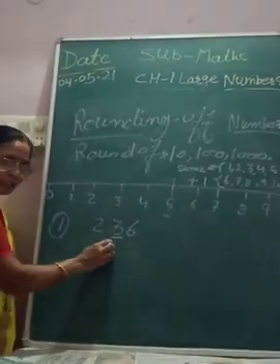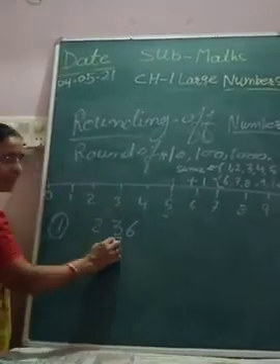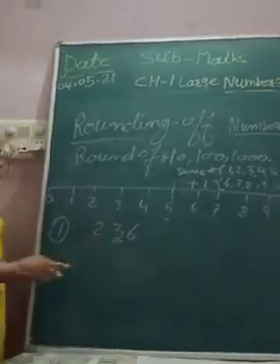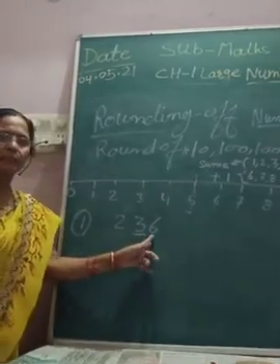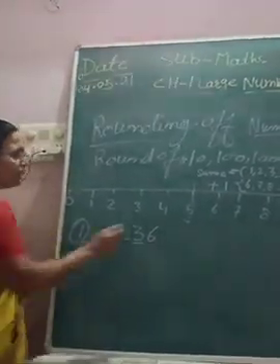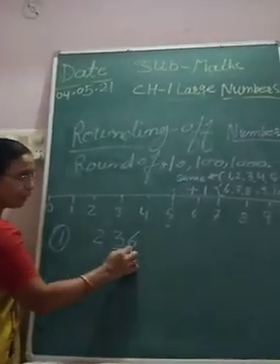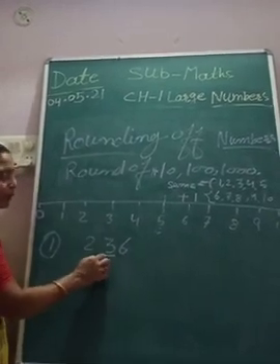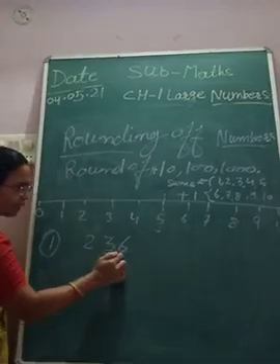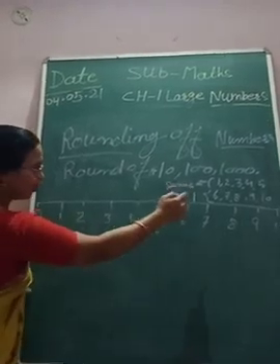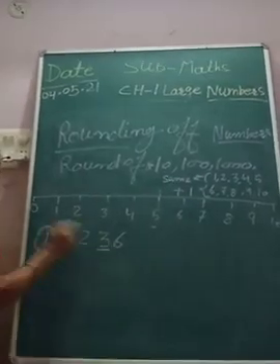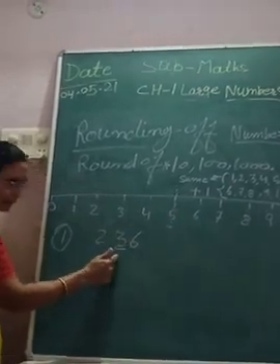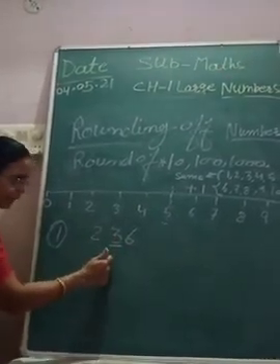So you have seen this 3. You have to compare this tens digit by the ones digit, meaning the digit behind it. If you have to round off the tens, then you have to compare the tens by the ones. Now, you have to round off 3, and behind this 3, 6 belongs to which group? Earlier I told you, if this number is between 1, 2, 3, 4, 5, then you have to write the number as it is.